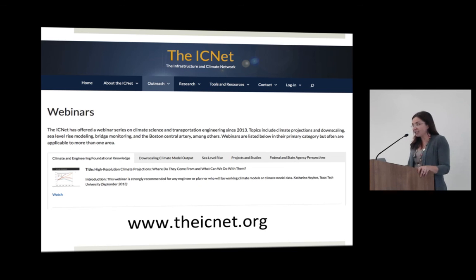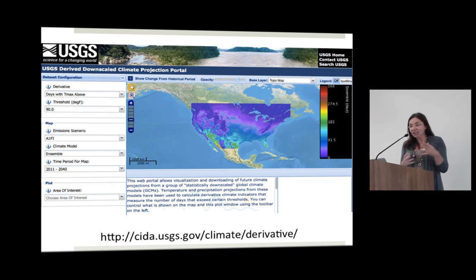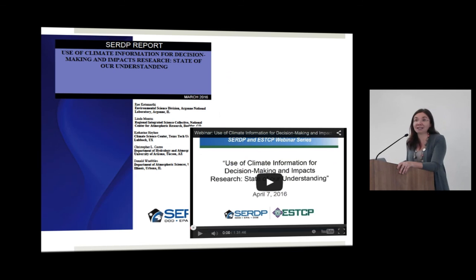Resource number 2. If you actually want to get your hands dirty and look at some of the stuff we've done, the USGS website has it. You can download them by watershed, by grid, by ecoregion. It's really cool what they've done with this mapping tool. I love it. Give you a minute to write that down. Or you can just Google USGS downscaled. It'll pop right up.